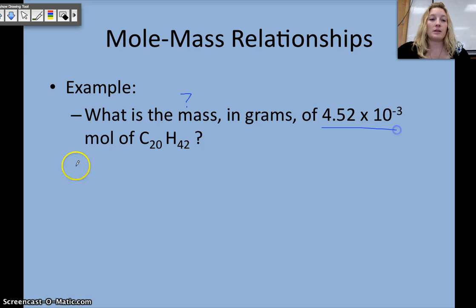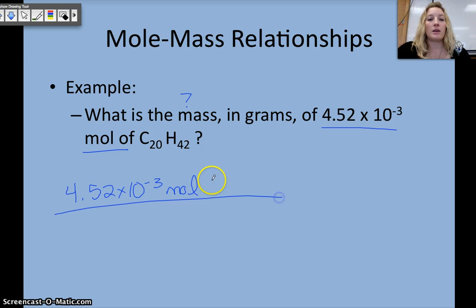We are given moles, so start with what we know, 4.52 times 10 to the -3rd moles of C20H42. Moles are going to have to go on bottom, and we know that we can get to grams by using our molar mass. So 1 mole of our C20H42 is going to be equal to the number of grams based